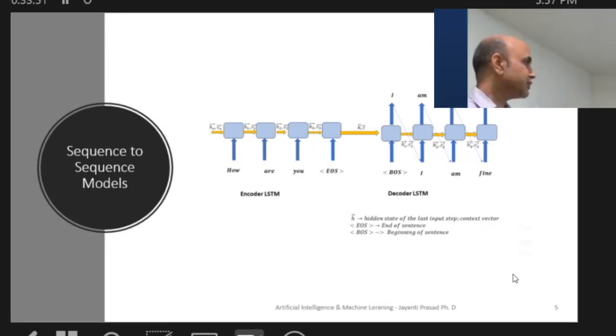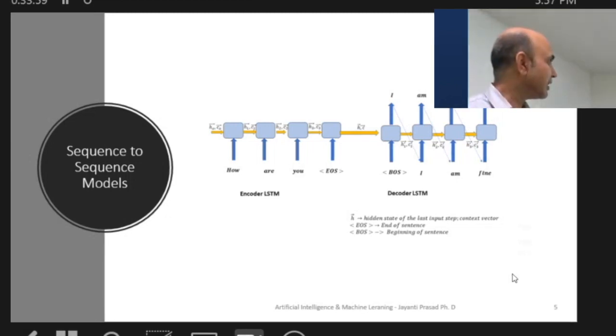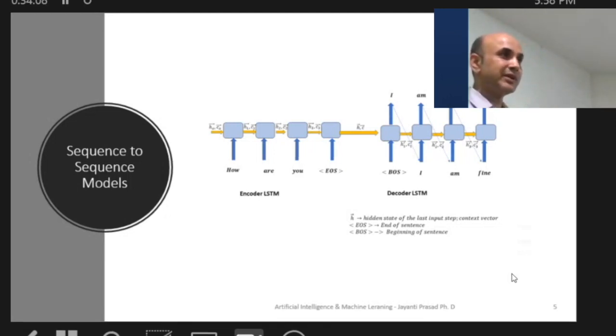When we are actually doing the training, when the decoder is predicting the next word, it already has one word, like it has I or whatever. It is predicting the next word. But if the next word predicted by the decoder is not the correct one, we don't consider that word. We consider the correct word, because in the training phase we know what the correct sentence is. So this is called teacher forcing.